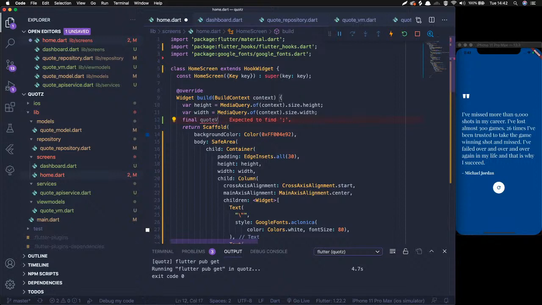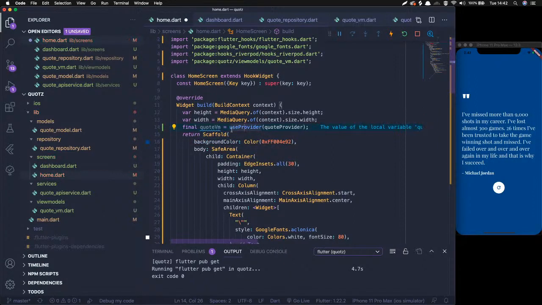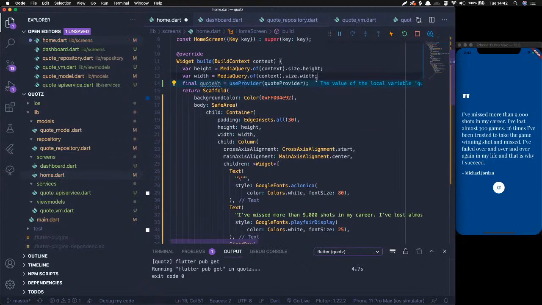Let me just call it VM for short. Use provider codes provider. Okay, now for the use provider, you see hooks Riverpod, you can use it here. Now one thing I'd also use is, okay, I think we are fine. One thing I need to do now is when I call this use provider,